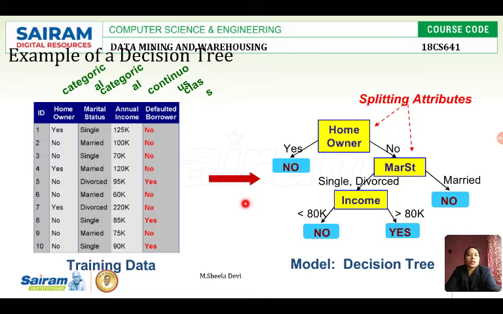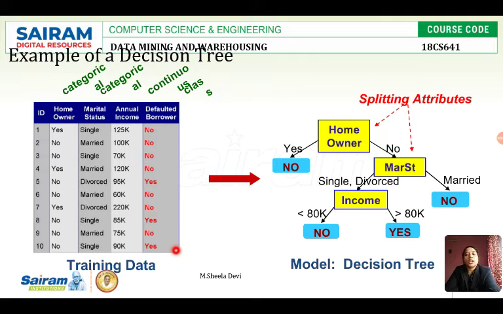First we will see how our model learns by studying the training data who will not pay the loan and who will pay the loan. Will a homeowner pay the loan, or a non-owner? If he is married, will he pay the loan, or will a person who is not married or divorced pay? Will a person with annual income greater than 80,000 pay the loan properly, or less than 80,000? It comes to the conclusion about which type of people will pay from the previous data. First it will study the previous data and then come to the conclusion.